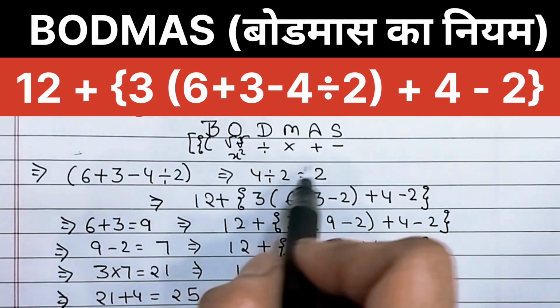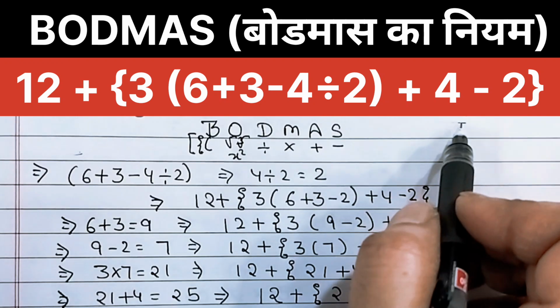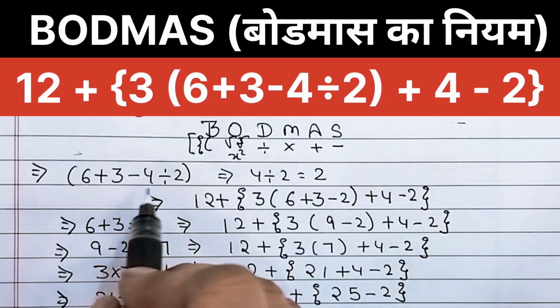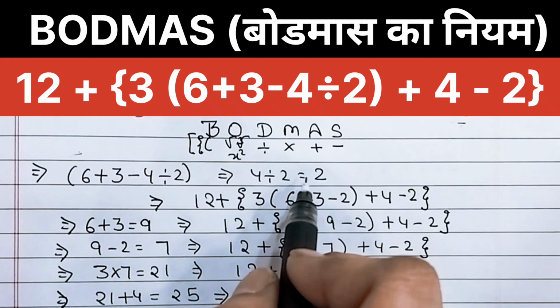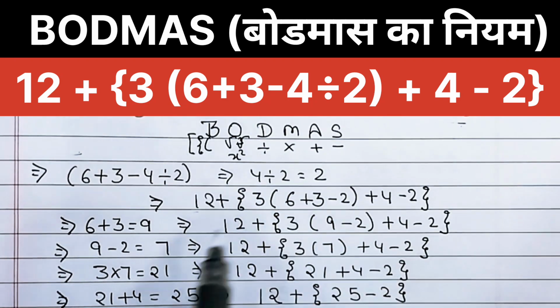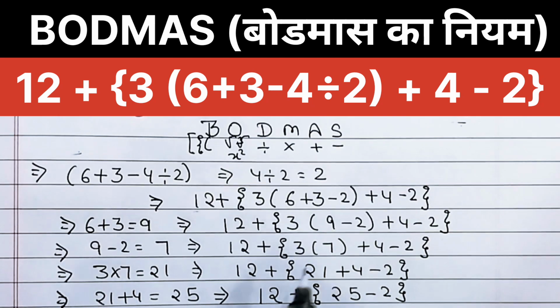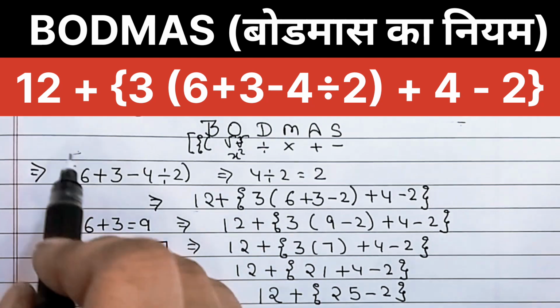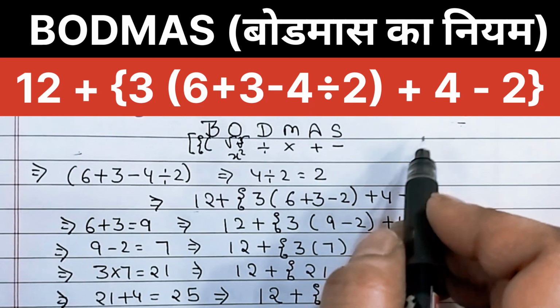brackets. By using the BODMAS rule and strictly following the BODMAS hierarchy, we ensure that the division inside the parentheses was handled first, followed by the arithmetic inside the brackets, then the multiplication, and finally the outer addition. This systematic approach prevents errors and leads to the correct mathematical result. And the final result of this expression is 35.